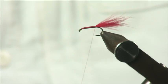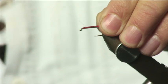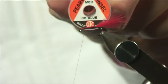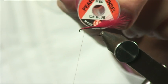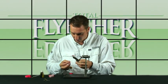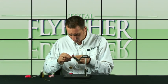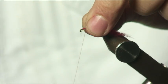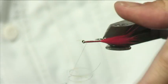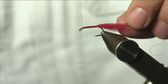Now what I'm going to do is take my thread back up the hook shank in open turns and tie in some of this pearl tinsel, ice blue. This is medium. It's got to be my ribbing material. This has got to be the bit that catches light, makes this little part stand out. Being careful not to stretch the tinsel, I'm going to secure it on my side of the hook shank with a couple of thread wraps, and I'm going to wind the thread down the body on my side, catching the tinsel